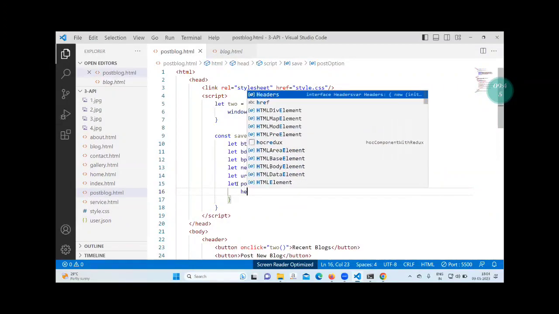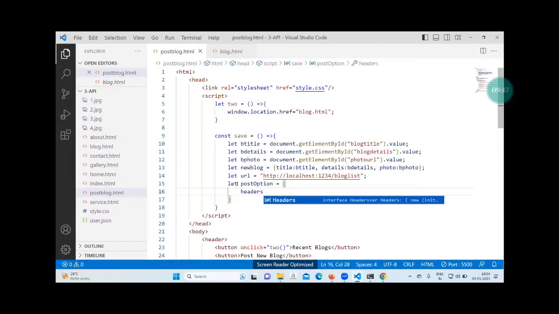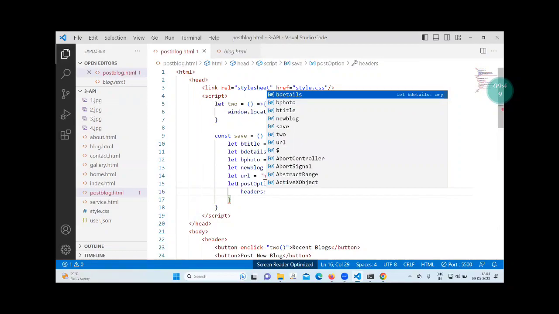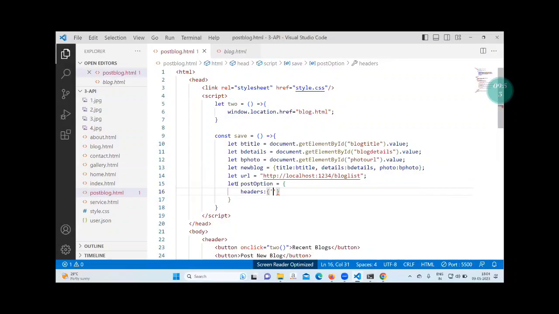First you have to mention headers, small headers, curly bracket open close, inside write